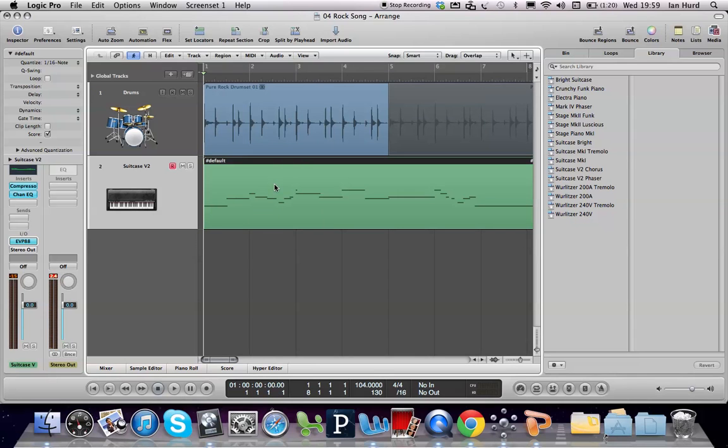Okay, now we can see that Logic has quantized that new region to 1/16th note, and if you play that back we can hear that it's in time. Okay, not the best thing you've ever heard, but you get my drift. That's what it does. The notes have immediately snapped to the nearest 1/16th note, which if we look